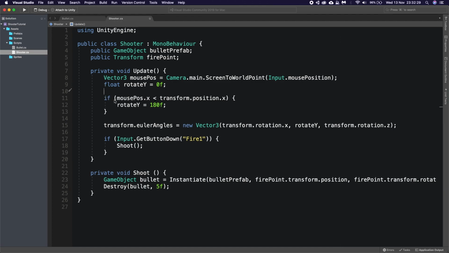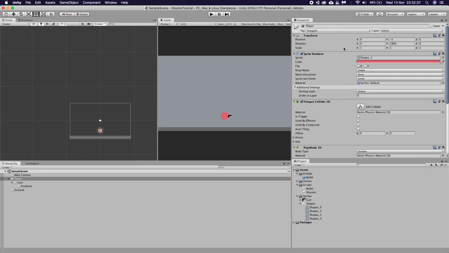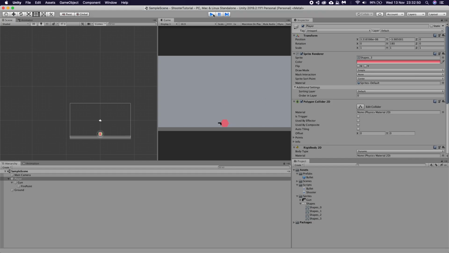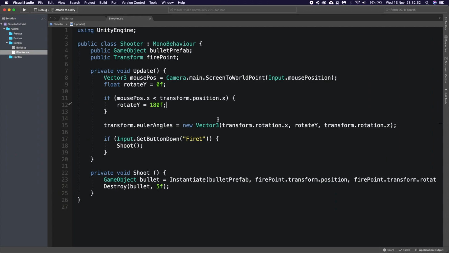We're also going to say if mouse position.x is less than, no, that's right. I don't know why it's showing as 180,000. Oh, we're already at 180,000. We need to be at 0. I don't get why it didn't flip though. There you go. That works a lot better. I'm not sure why it stayed at 180,000. There we go. So that now flips our character around.